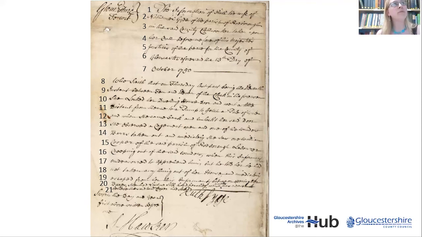William Cooper, quite nicely written. It's quite obvious what his surname is, which is useful. Of the said parish of Rodborough, labourer, quite a common job, so quite easy to spot. Creeping out of the said window. Again, you've got the capital C, which is just coming up everywhere in this document. And then we've got a comma, which is great. We like commas. When this informant endeavoured to apprehend him, comma again,